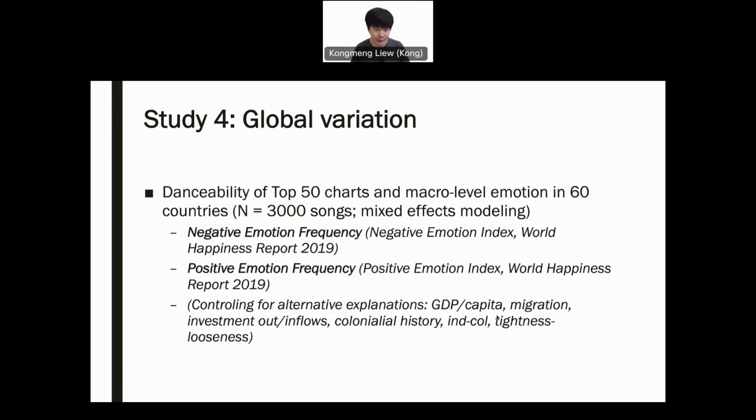For our next study, we went again back to Spotify data. We didn't want to look at just East-West comparisons. We wanted to look at as many countries as we could, to see whether danceability generalizes beyond just the East and West, which we were looking at so far. And so we had macro level emotion, which in this case would be World Happiness Report indices of negative emotion frequency, which is for